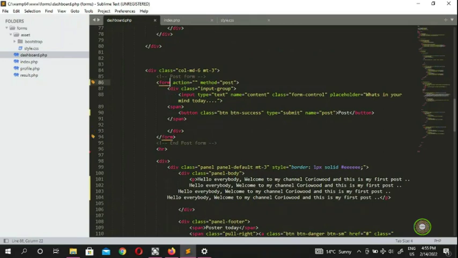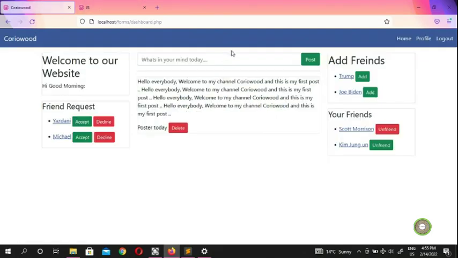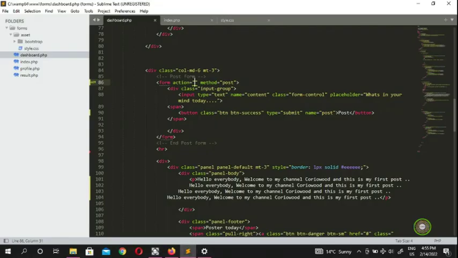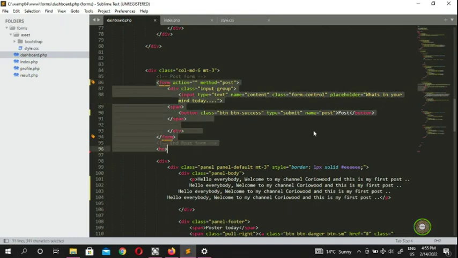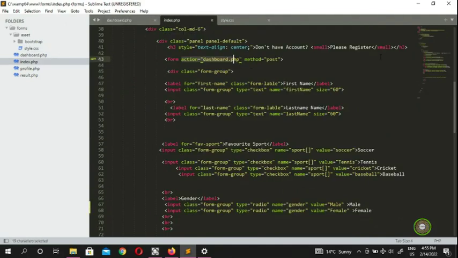There's a post here, and this form's not going anywhere, because if you look inside here and press this one, you're not directing anywhere, because the form's action says it's not going to take you anywhere. Okay, so what we're going to do is go into the index and type